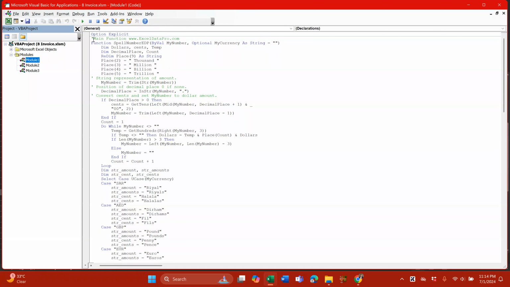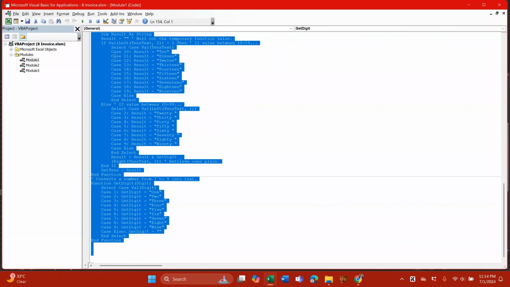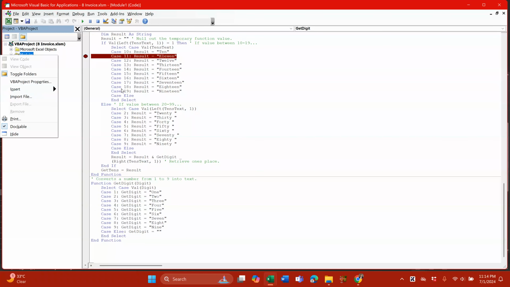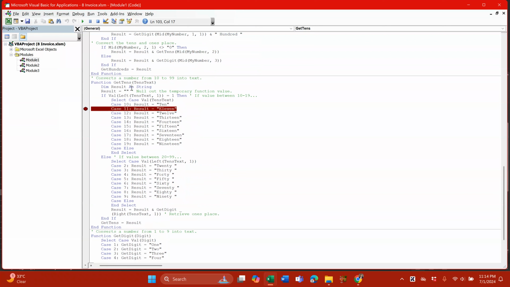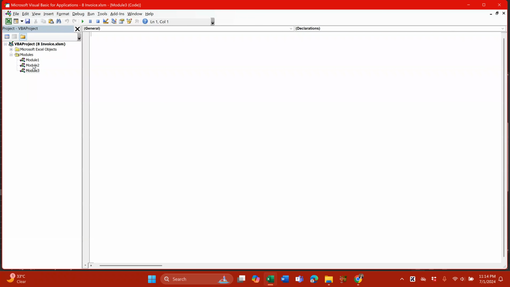So the first code, you just need to copy this. You can copy and paste it into any Excel sheet. Open the VBA box, go to the module, right click, insert module, paste it and save it. That's it. What it does is this. Let me just not save it. Yeah, what it does is,